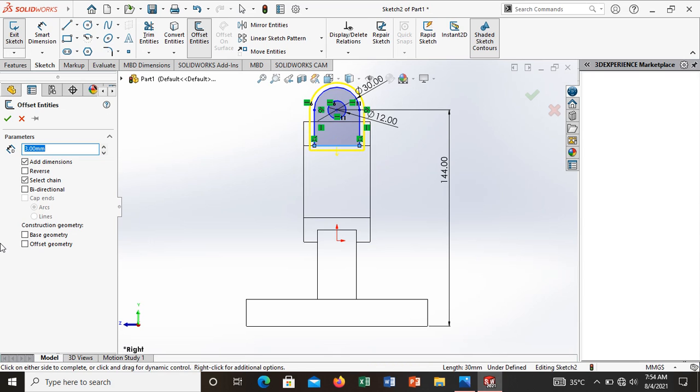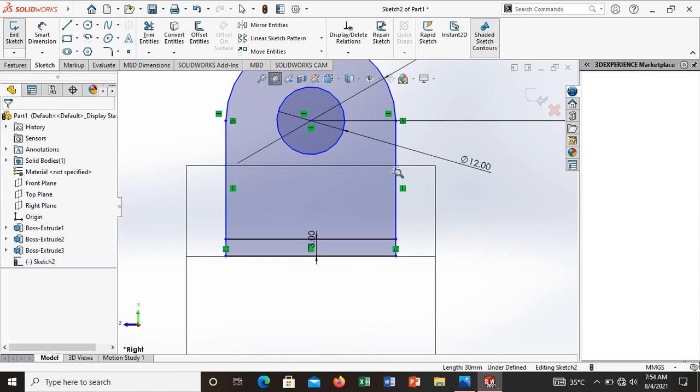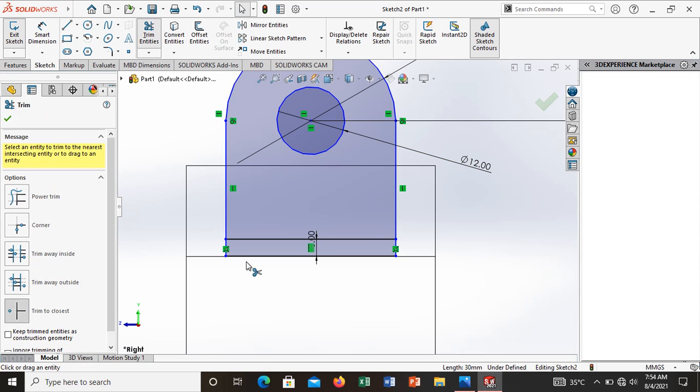Unselect the chain, offset that, zoom in and trim these entities. I don't want this entity, and also this one. Okay, it's enough. Now you have completed it.